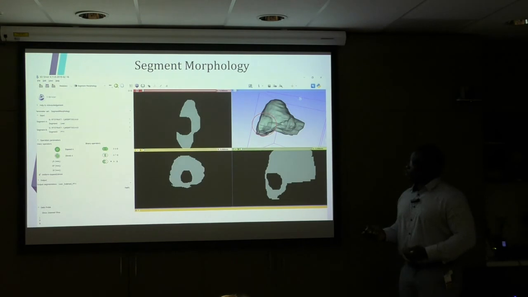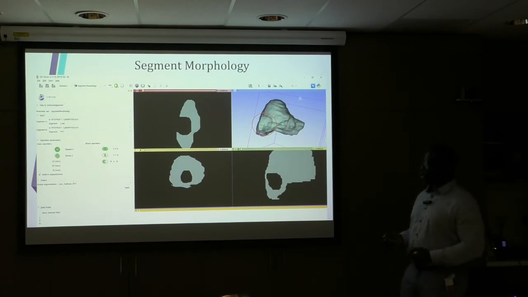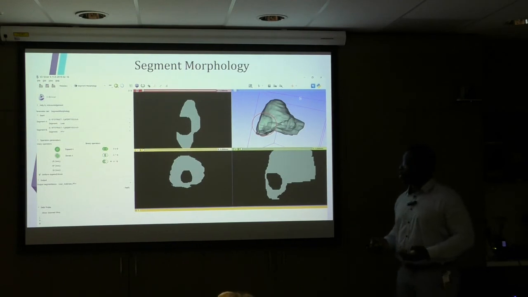And then we have the segment morphology. This particular module I used for my project, and it allows us to perform Boolean operations on the 3D structures, such as expanding, shrinking, creating unions, intersections, or subtracting 2 different volumes. I used this to create the uninvolved liver volume. So the tumor volume subtracted from the liver volume, and so you can calculate the dose characteristics for the